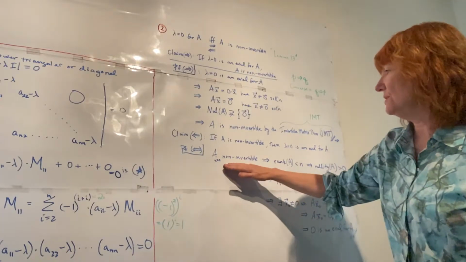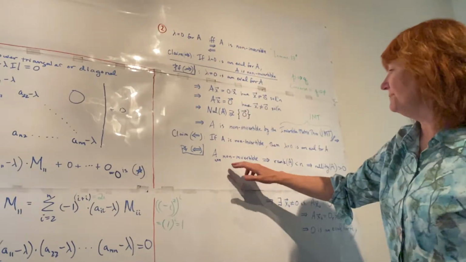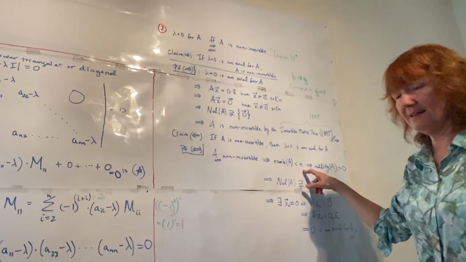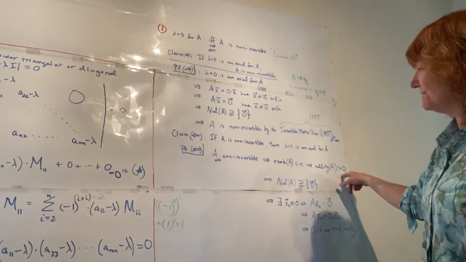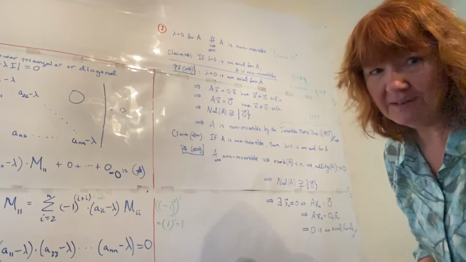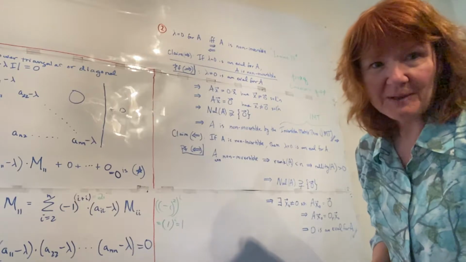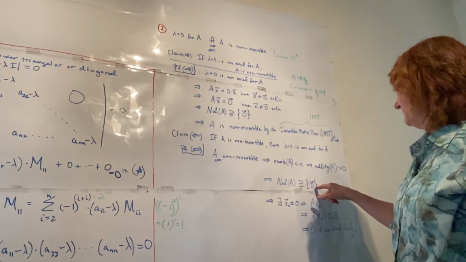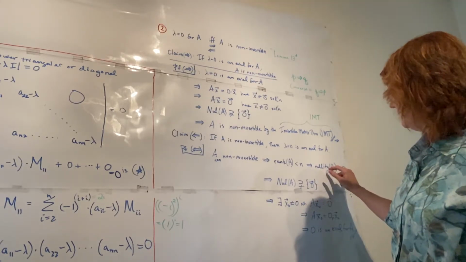All right. So the proof going in that opposite direction, second half of this claim, A non-invertible gives you that the rank of A is less than n. All right, well that implies the nullity is greater than 0. You of course remember the definition of rank and nullity. We discussed those before. You do need to keep up on those, so look that back up if you don't know what those are. That implies the null space of A. If the nullity is greater than 0, that means there's some non-zero vectors running around in the null space of